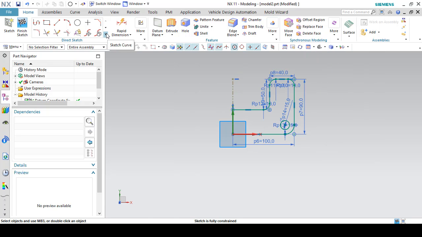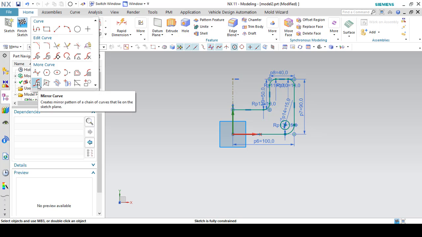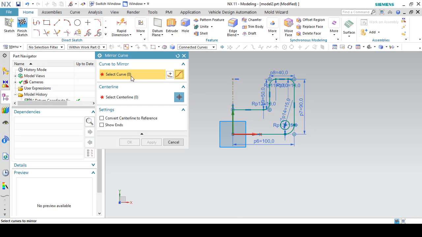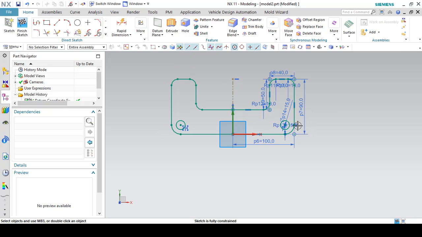Now click on the down arrow button and choose the mirror curve. You have to choose the curve. Now choose the center line. Your sketch is drawn. Now choose the extrude tool